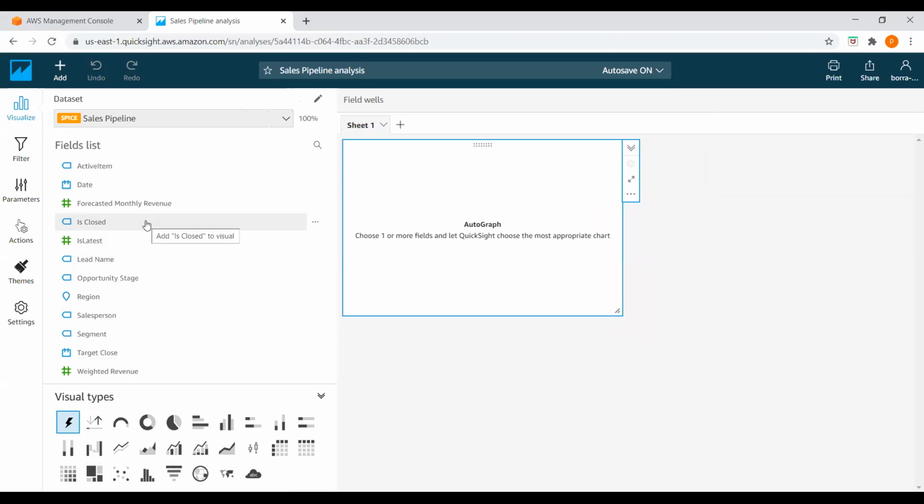So here on the left, under the data set, I can see the fields list: active item, date, forecasted monthly revenue, is closed, is latest, lead name, opportunity stage, region, salesperson, segment, target close. So these are all the fields that I see under this sales pipeline data set. So I will create a visual, and in this module I want to see the forecasted monthly revenue for all the segments. So I will select the segment